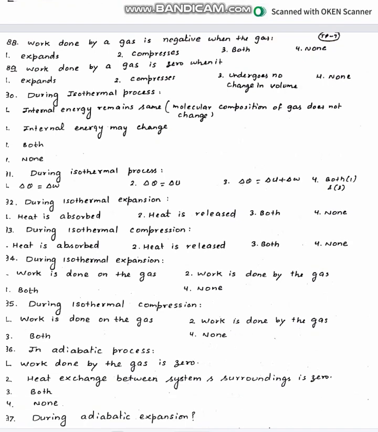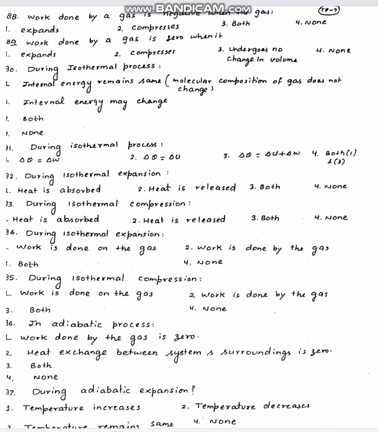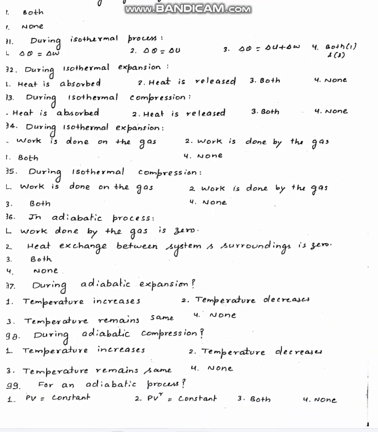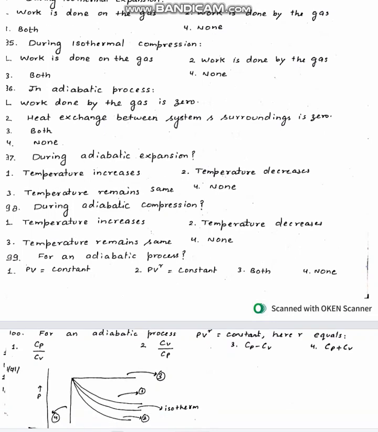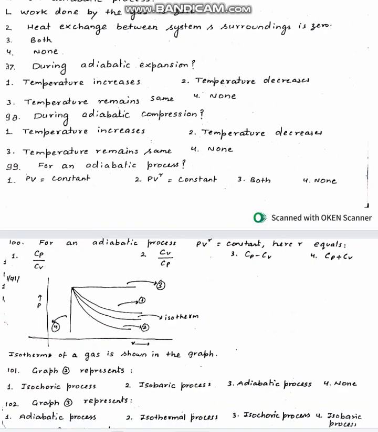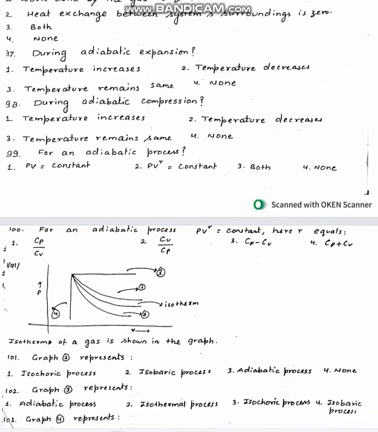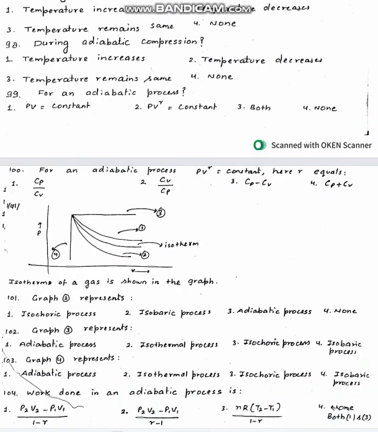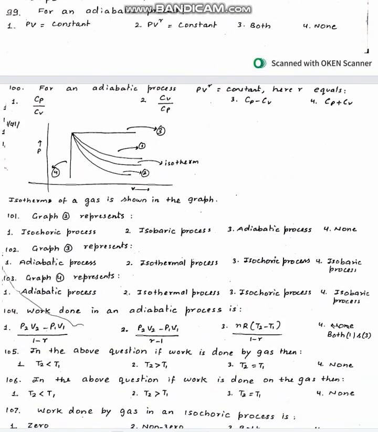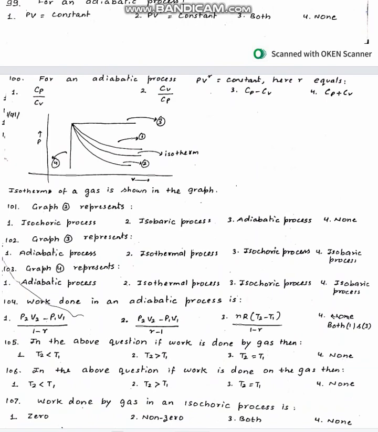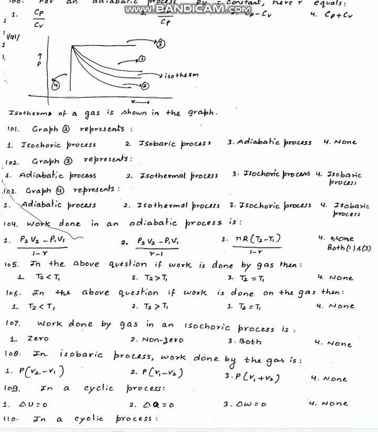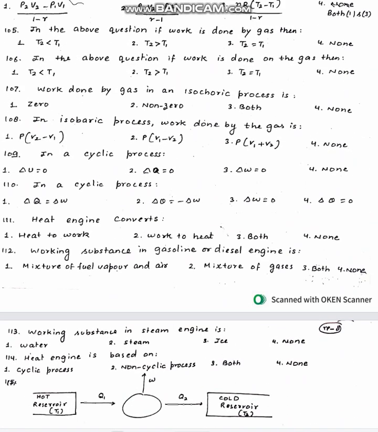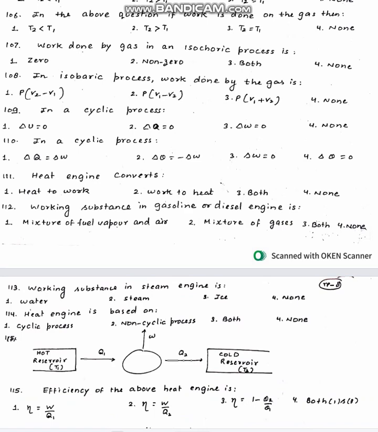various relations corresponding to different processes like isothermal, adiabatic, compression, expansion, adiabatic process, adiabatic expansion, compression, the characteristic equation of an adiabatic process. Then different processes in the same graph, questions are being asked on the work done in adiabatic process. Then we have work done by the gas, work done on the gas, work done in isochoric process, isobaric process, cyclic process. Then we have the concept of heat engine, then working substance